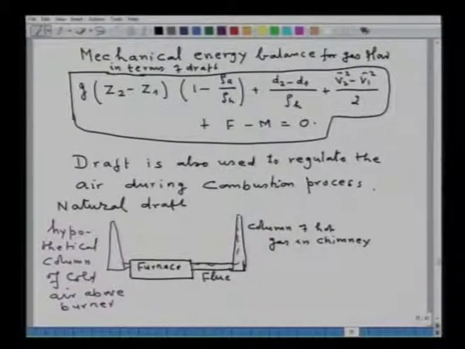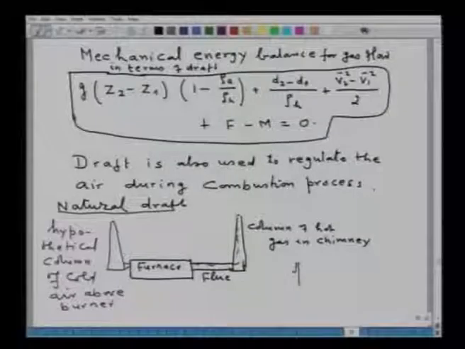Of the same height as that of the chimney. Now, this is a mechanism where the flow of air through the burner and into the furnace can be regulated by way of natural draft. But with this natural draft, the problem is that if you want to have a very high natural draft, then very high temperature of furnace gases are required. So, the disadvantage for using natural draft as a flow regulating device is that heat exchangers cannot be used.